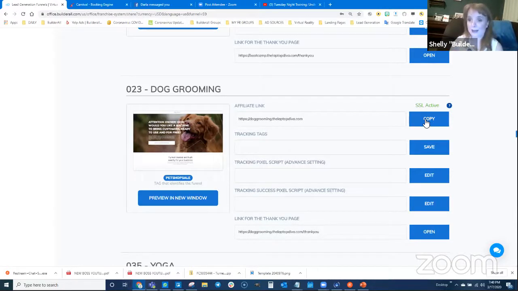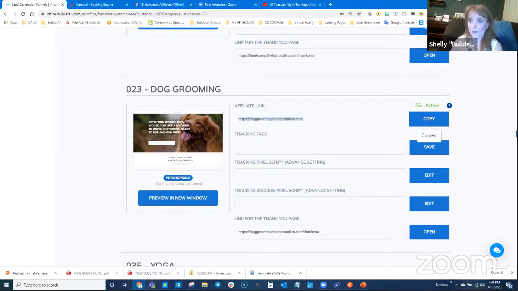So let's go ahead and copy that just like that. And now in order to use this, whenever you use an affiliate link, you don't want to go into the same set of tabs that you have open where you've got Builderall open, because it's going to see you logged in already and it's just not going to work. So what we do is we go into incognito mode. Incognito is when we're in our browser, and I use Chrome. I'm not sure exactly how it all happens in other browsers, but they do have incognito. So you'll have to find that in the browser that you use.